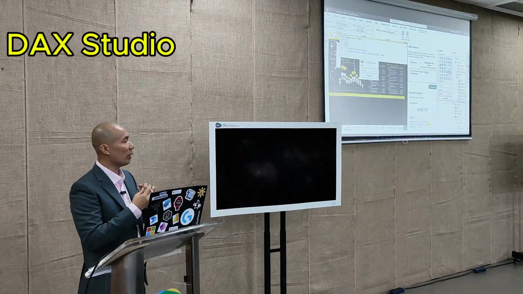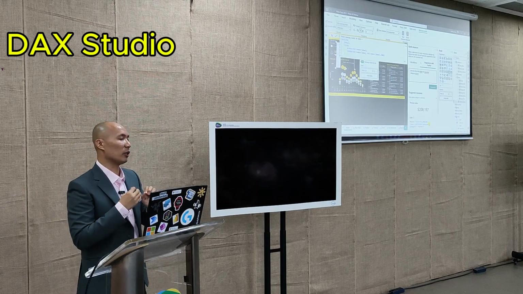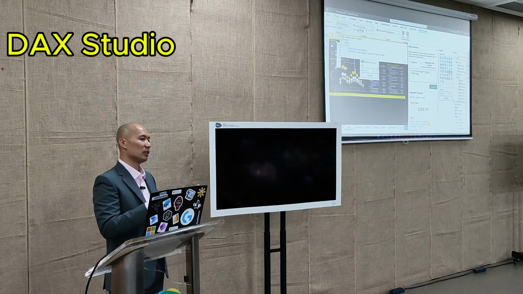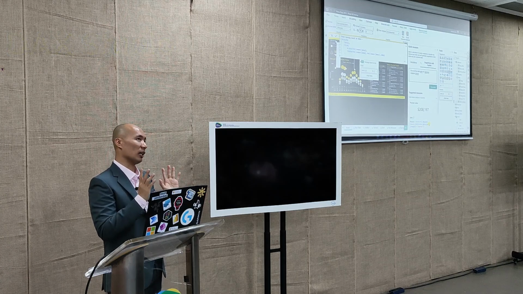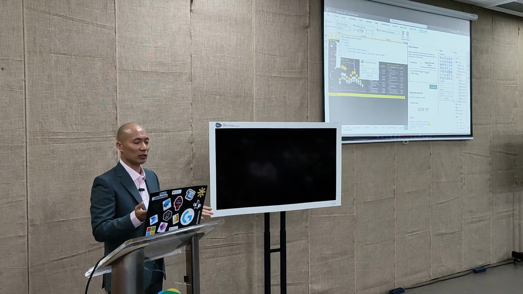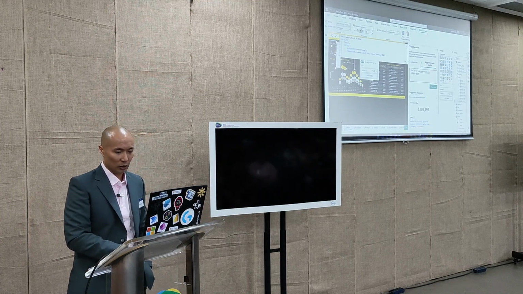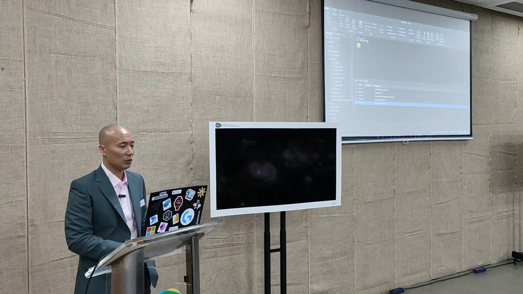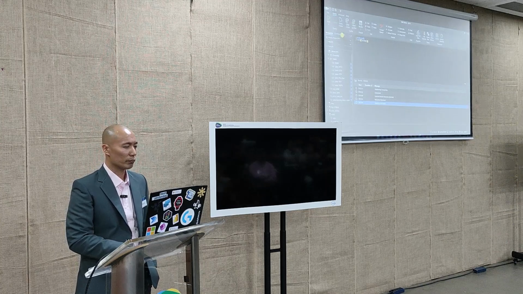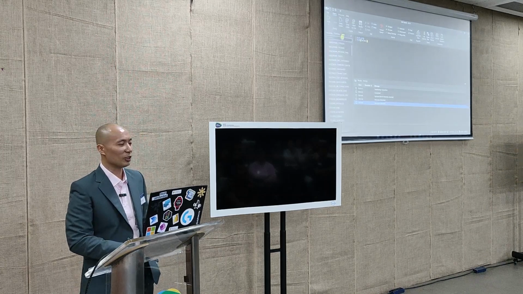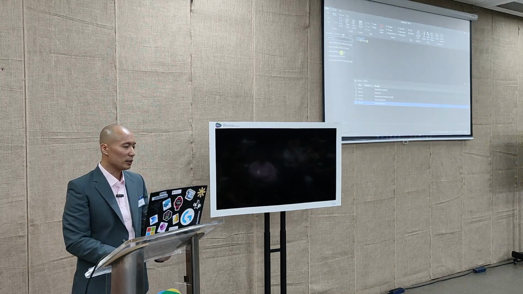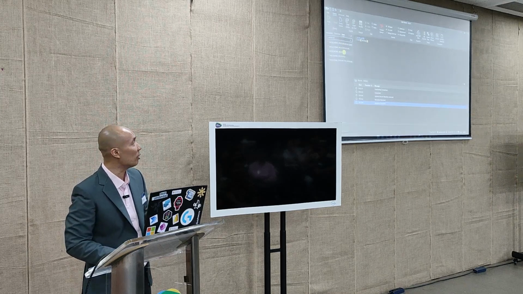For me, DAX Studio is still the most efficient whenever someone asks me, can I have all the measures in your report, all the DAX calculations. Easily, DAX Studio can do that. When you go to your DAX Studio, go to Functions, DMV. You go to DMV, you just search for measures, and you will see one entry that says MD Schema Measures.